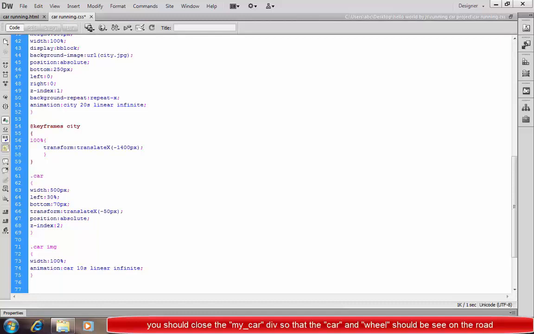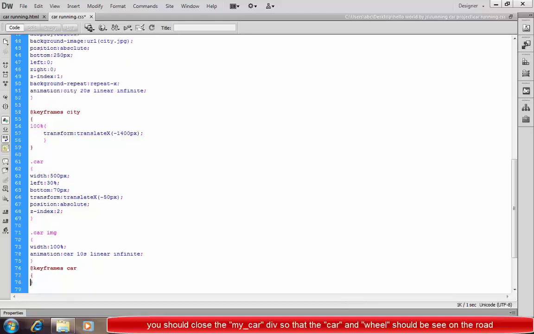And after that we animate the car. For how the car will be animated, for animation or movement we use keyframes. It basically specifies which types of animation can be done on a particular image. So for that I give the name car. So it's basically animating the car here.